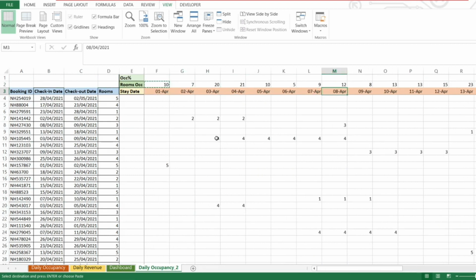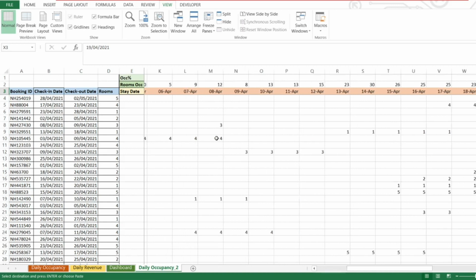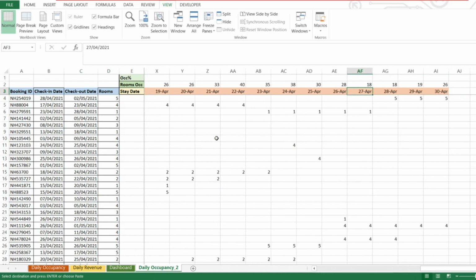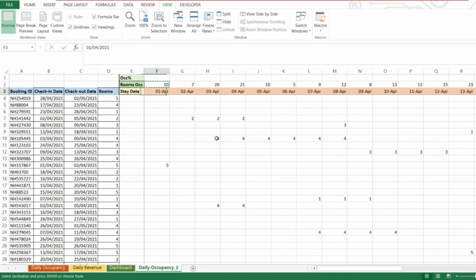Isn't that beautiful? So here we see from 1st to 30th of April, on each particular day, the number of rooms that have been booked. So we can use the same concept, the same idea, to apply for the revenue to calculate the daily revenue. And if you use the daily revenue and daily rooms occupied, you can also calculate the ARR. So I know how important it is to get the daily ARR in Excel also, to know the daily ARR when you can manage the rates also.